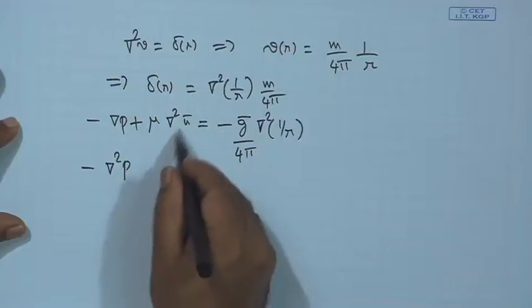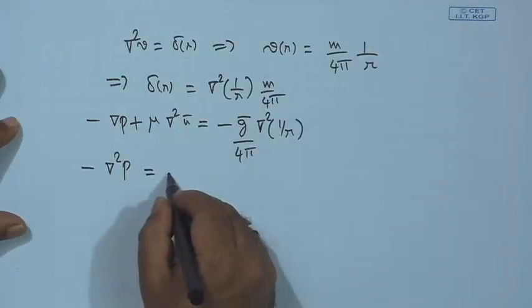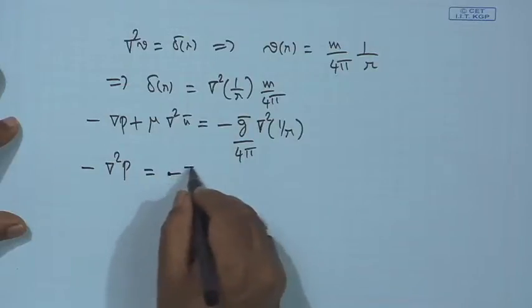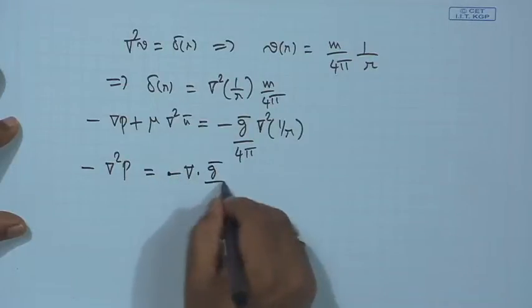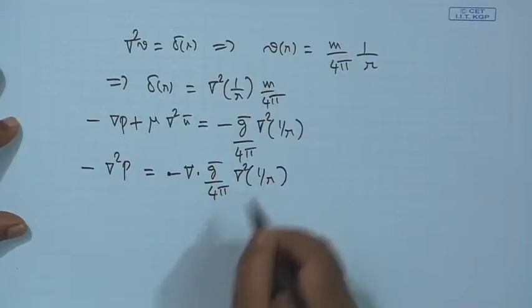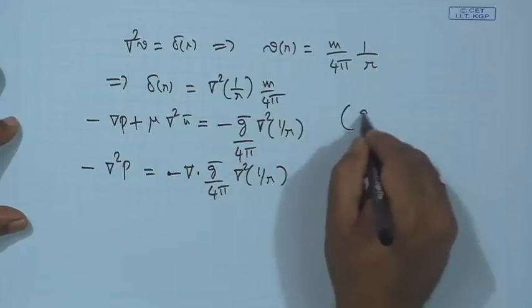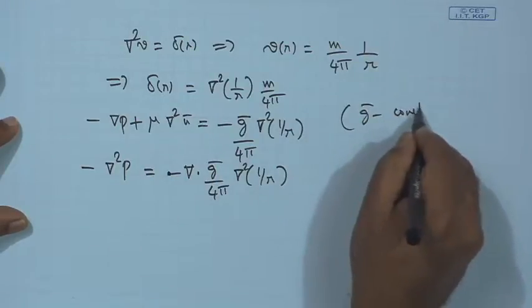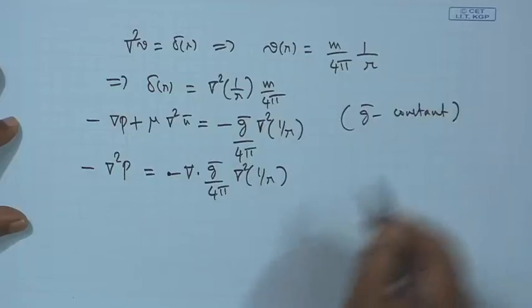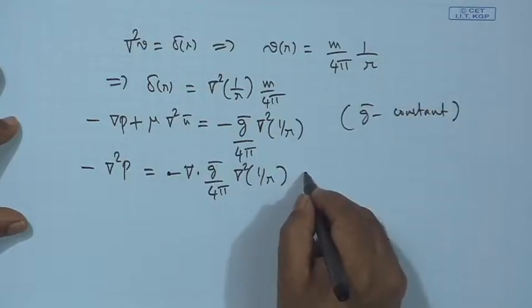So, the divergence of u is 0. So, from here we get the divergence of, okay. So, now this is constant, g bar is constant. Okay. So, from here what we get